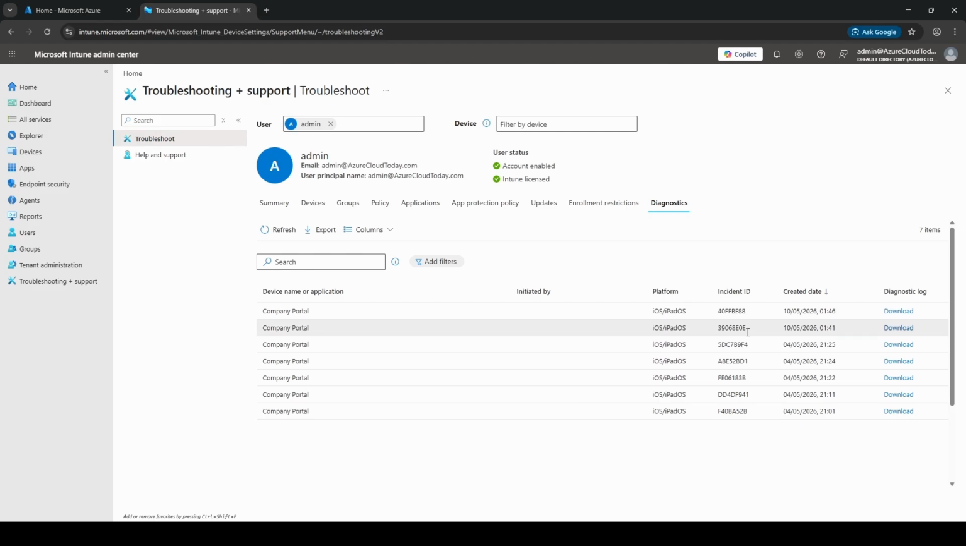The second one is when we opened our company portal in our iPhone and went into the More tab and then clicked on Send Logs. So, based on the incident ID that is generated, your Intune admin can go ahead and download the diagnostic logs from here and do additional troubleshooting